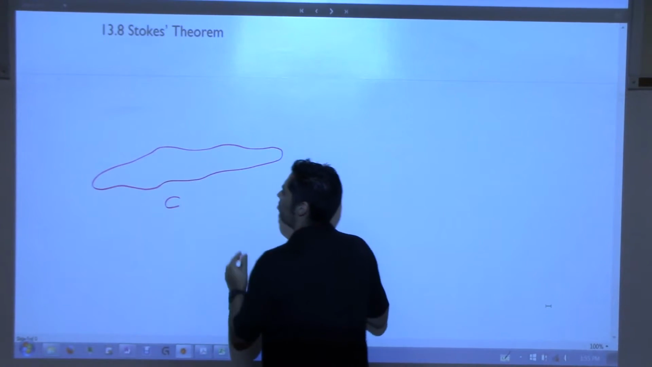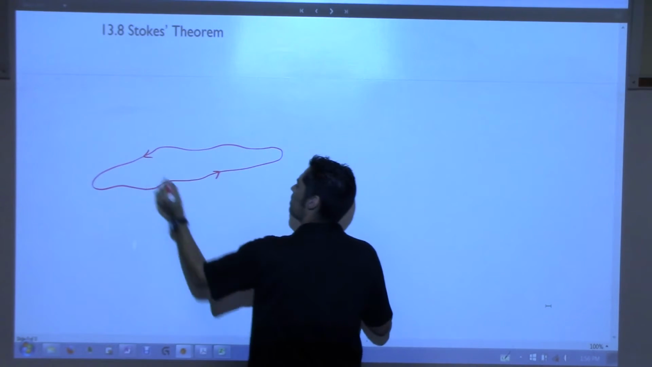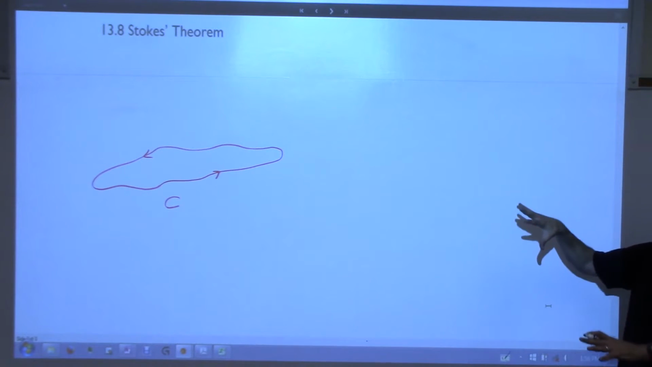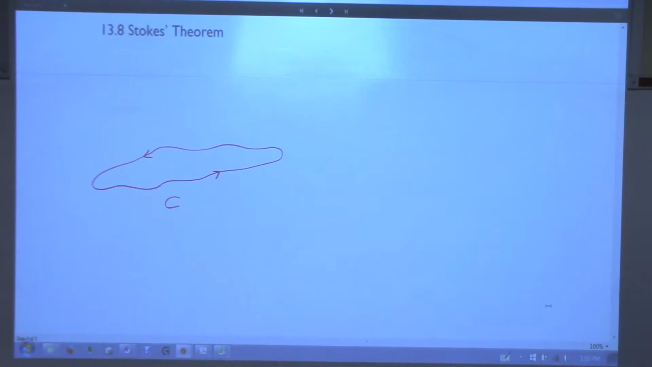Call it C, all right? And we're going to say positive orientation looks like this. Can you all kind of see that that's like a floating rubber band kind of in space? Well,